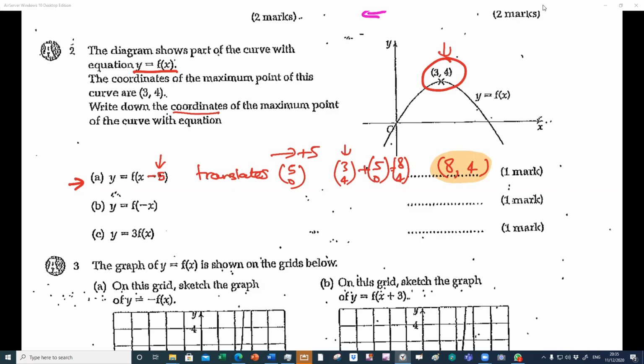So I'm going to put the modification part. The modification is that bit there. So what have they done to the part B question? Do you have to reflect in the y-axis? Absolutely. If the minus is inside, it means it's a reflection. Reflection